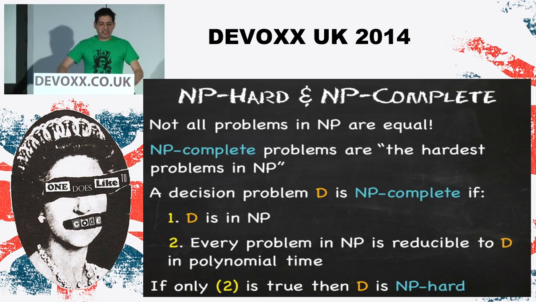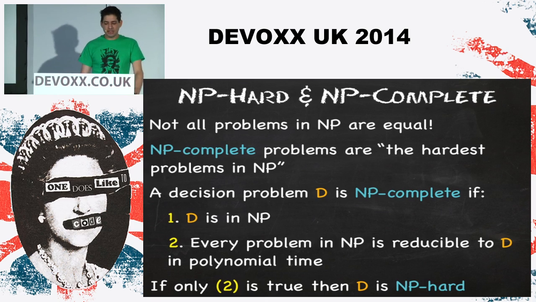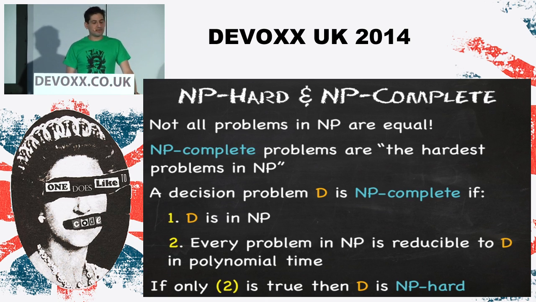And then things get harder. NP complete are the hardest problems we have. They're harder than any other problem in NP. And we have a way of working out whether a problem is NP or NP complete. The advantage of being in NP complete means it's some of the hardest problems we know, and it means that using it as a basis for these mathematical challenges that we'll see in a minute is really good.